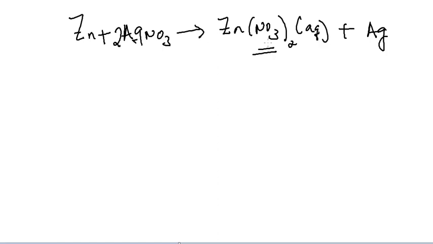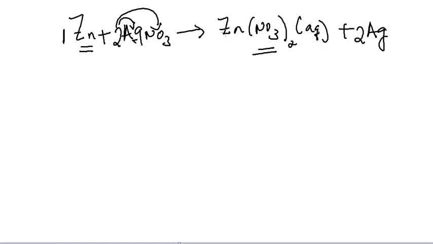We have the nitrate ion here, and we give priority to it because we have two nitrate ions, so we put 2 as a coefficient here. By doing 2, we will have 2 silver and 2 nitrate. So when we come here, we have to put another 2 so that the equation is balanced. We don't need to balance the zinc because we have 1 mole of zinc reacting to give 1 mole of zinc